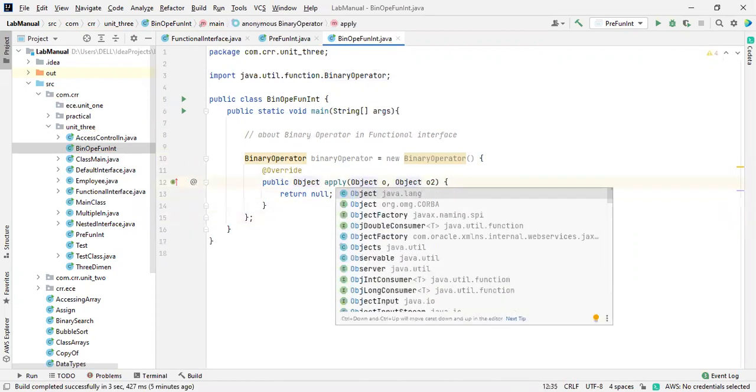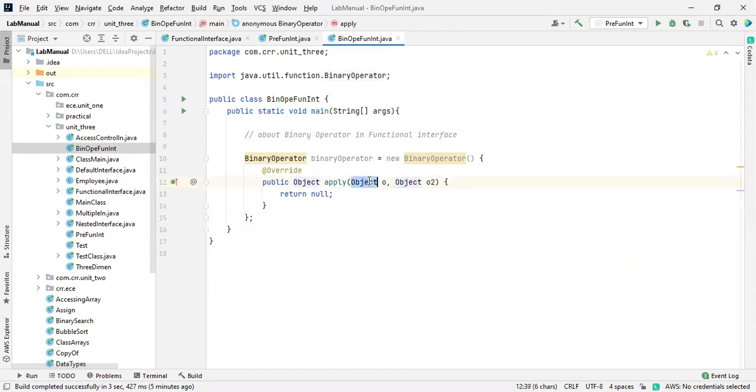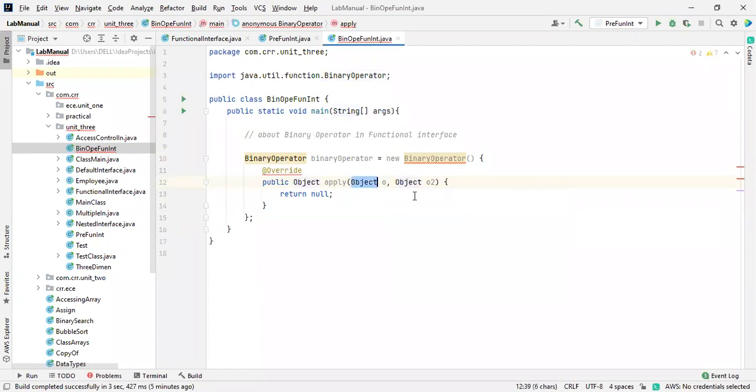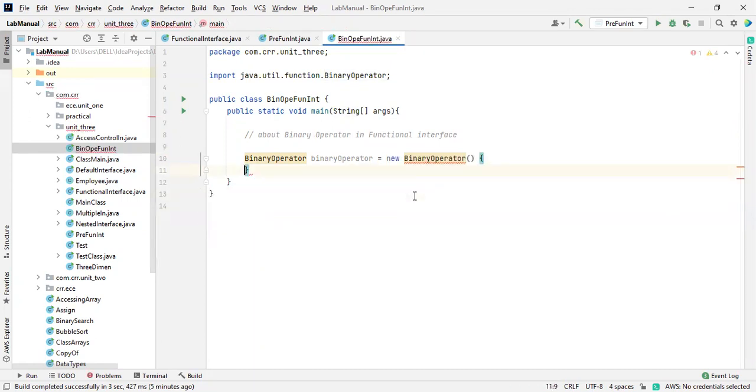Sorry, we need to mention the string type initially over here, or else it throws an error. String, string.